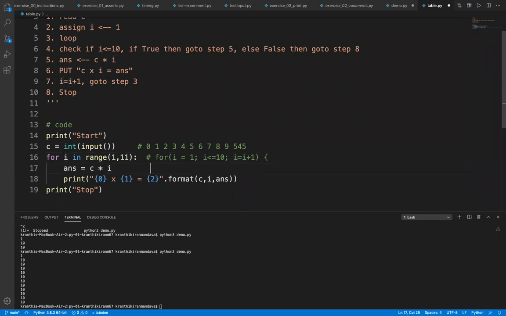Sir, that print stop will repeat 10 times, no, sir? No. Why will it repeat? Just look into that once more. Will it repeat, Paul? No, sir. Because the indentation is only part of the for loop, as I said. Everything that is outside the indentation is considered a separate statement.